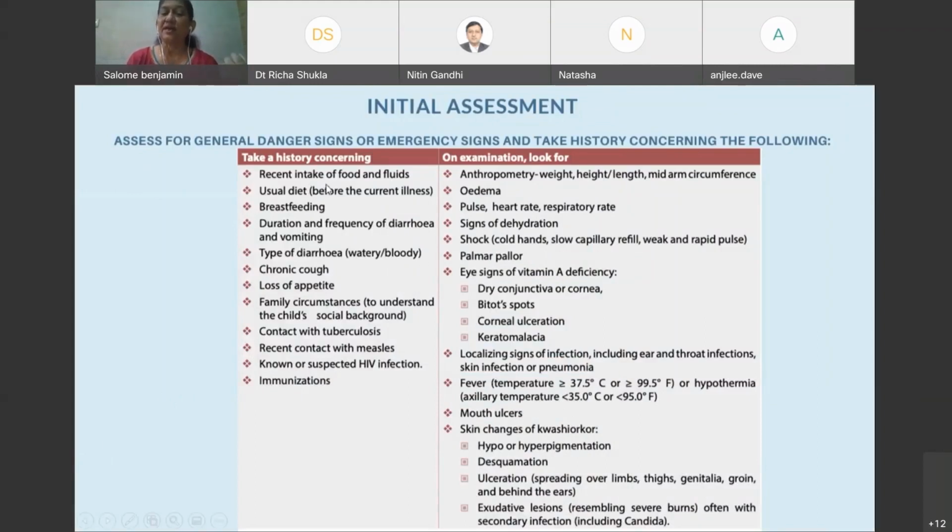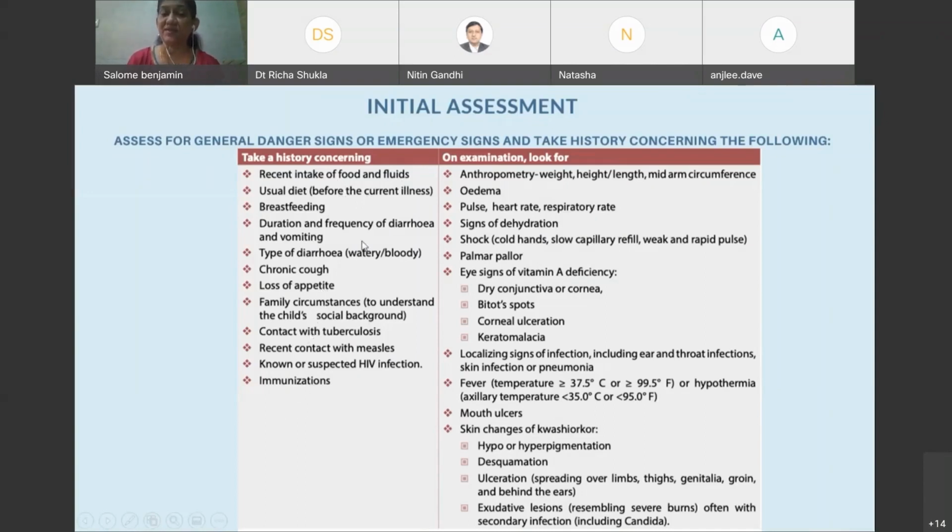The history is your intake, recent intake of food and fluids, and we know that the SAM children will not have any intake because they will not have appetite. They will be just lying down in the same position for days together. So for those children where there is a little intake or little appetite, you can take these history points